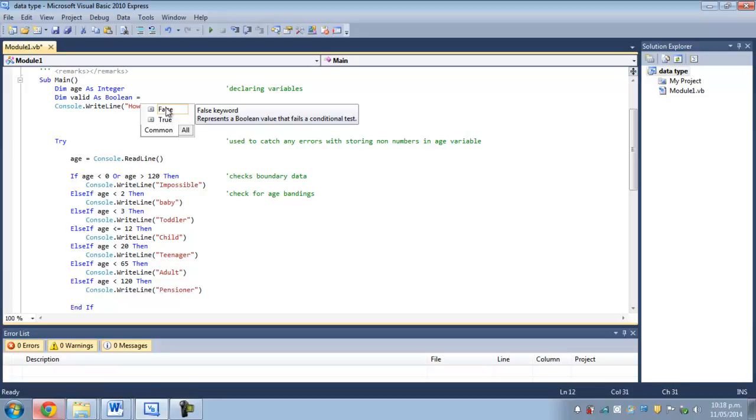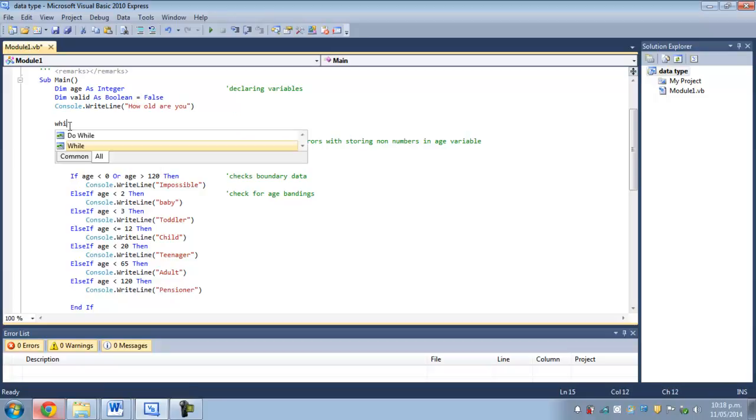So what I'm going to say is that to begin with, valid equals false, because what I want to try and do is wrap all of this situation here in a loop so that it's going to keep asking the question of please enter your age until they type in something that is considered valid, which is a number. So I set this to begin with as false, and then I'm going to structure a loop across the